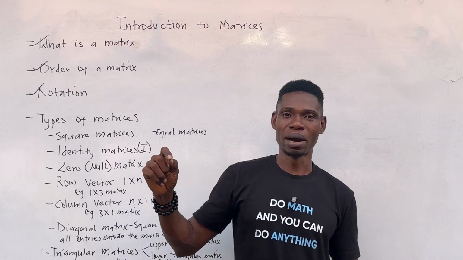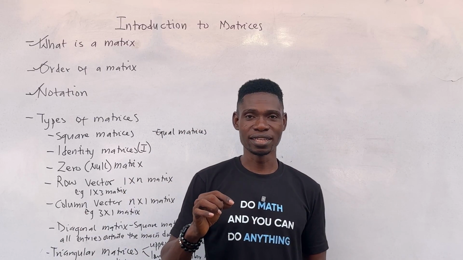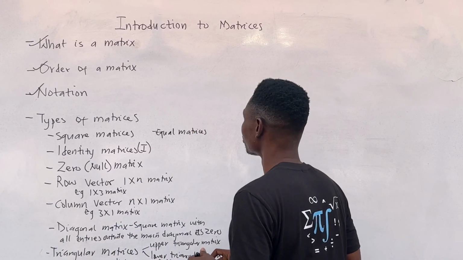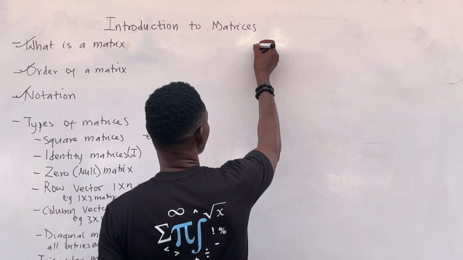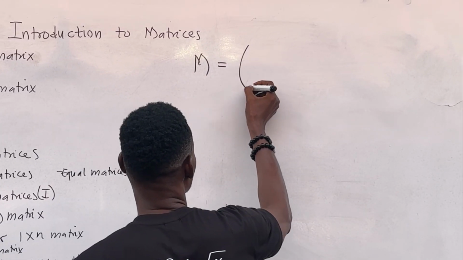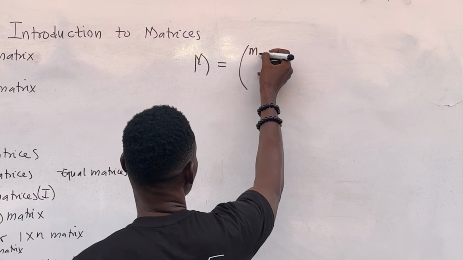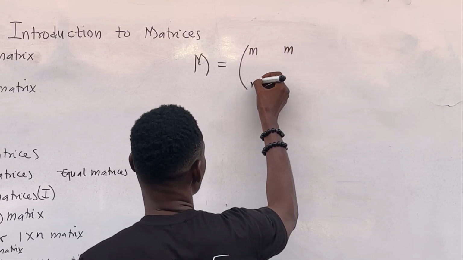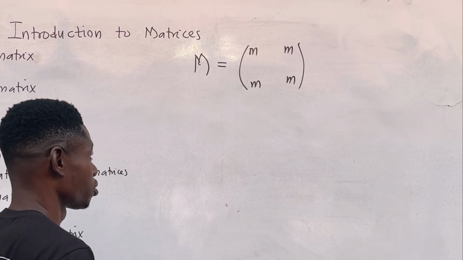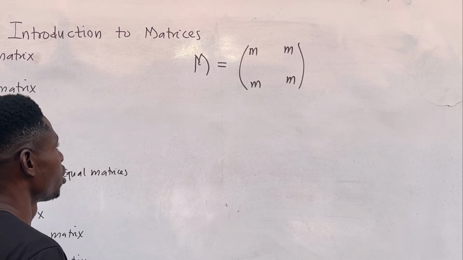The elements in the matrix we represent with lowercase letters. So let's use M for example. Let's say our matrix M, uppercase, equal to m, m, m, m, such that